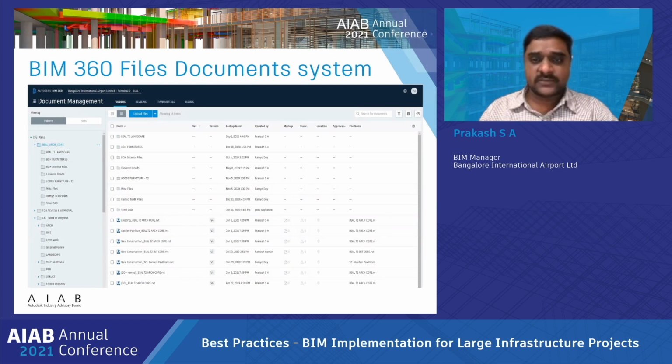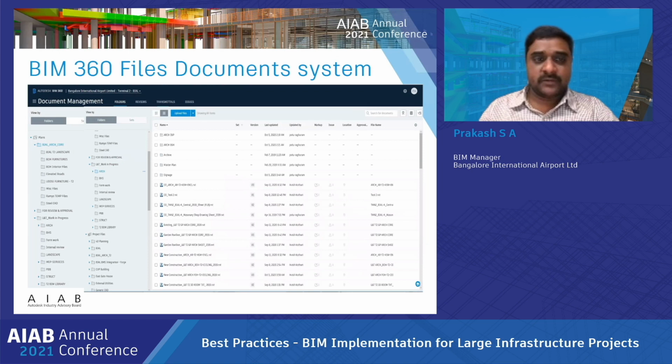This is some of the snapshots of the BIM 360 files where we kept them, and how the folder structure is. We have architecture under the architectural working progressive. Under working progressive, up to the EPC they are going to do up to LOD 300 level. After LOD 300, up to as-built, the vendor is going to do it. They have their own particular designs and execution part, so that's why we segregated the files.